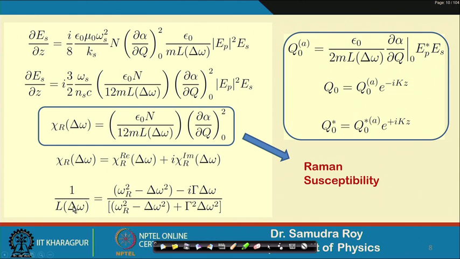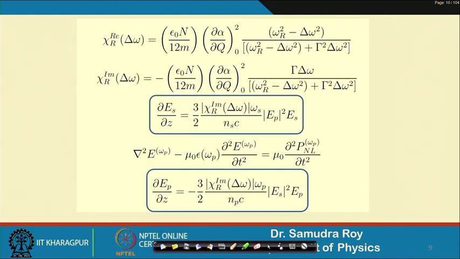So, I write this 1 by L omega in terms of x plus i y. Just multiply whatever we have with the complex conjugate. We know how to write a term in x plus i y form. Initially it was 1 divided by x plus i y, so I multiply by the complex conjugate in numerator and denominator, and I have these things. Now I can write 1 by L omega in real and imaginary parts, and if I separate them, I will have the susceptibility real term this, and the susceptibility imaginary term this one.